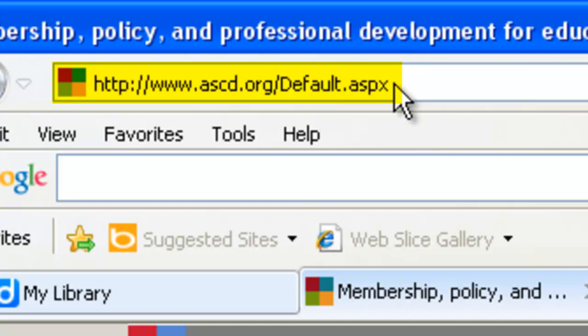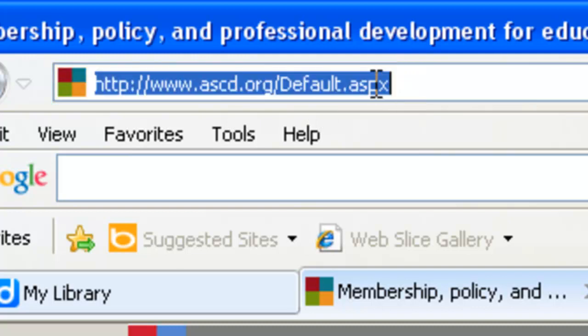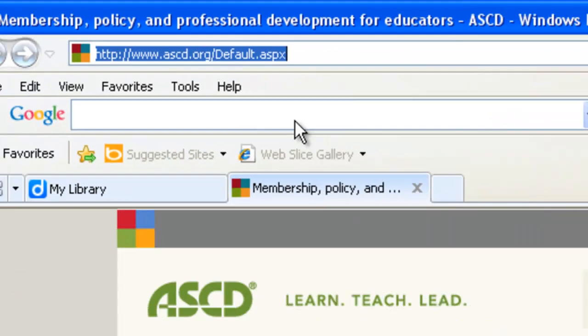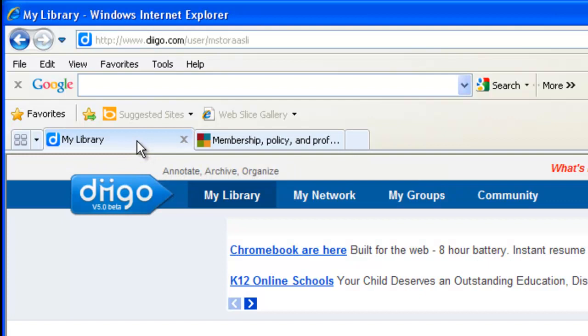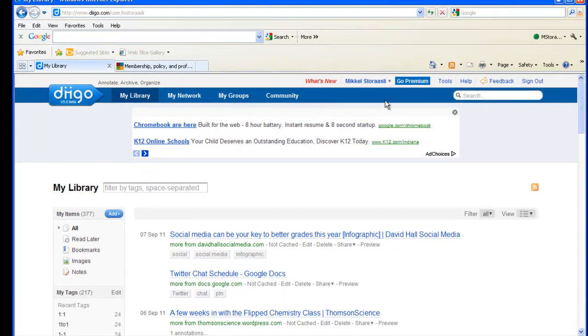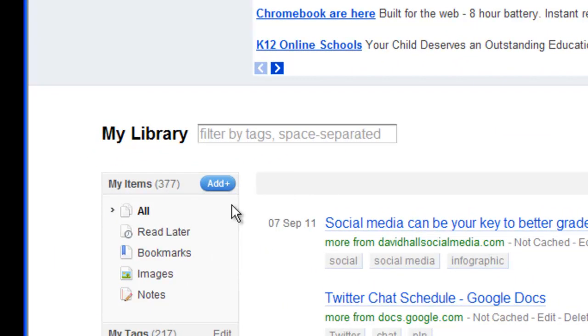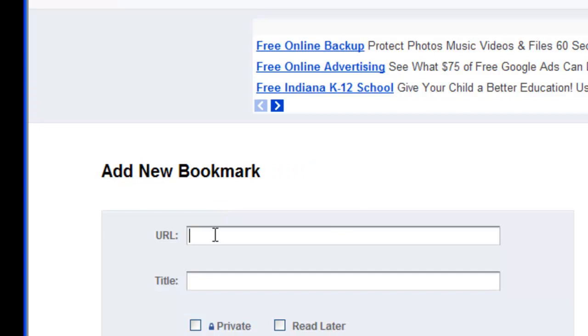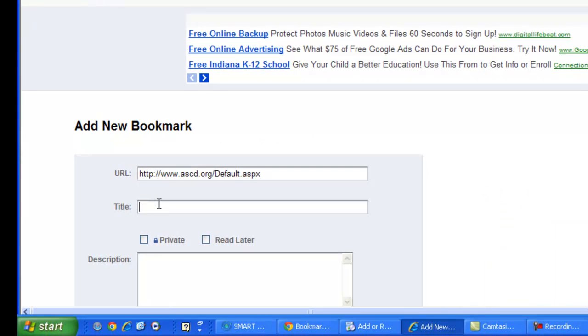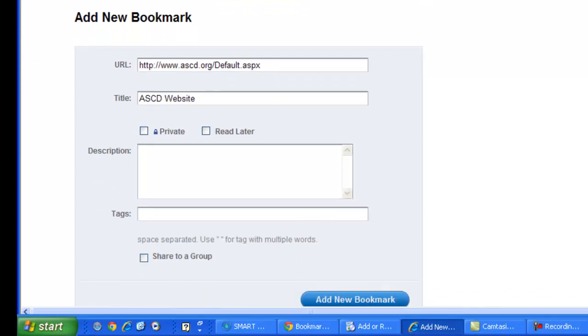So, one way to do this, and this is the most cumbersome method, and I want to show you a better way to do it. Okay, I could copy this link, and I come over here to Diigo. So you create an account. It's got my account set up there, and then you would come over here to add a link or add a new bookmark, and I could save it and title it ASCD website, and I could add a brief description